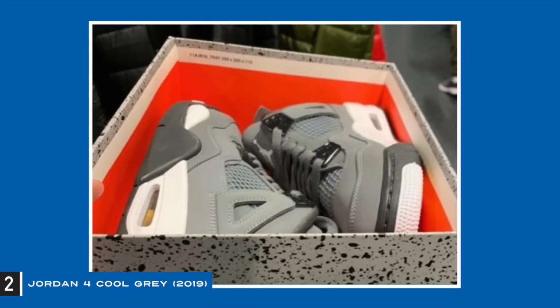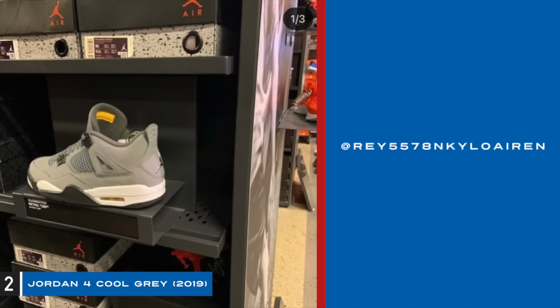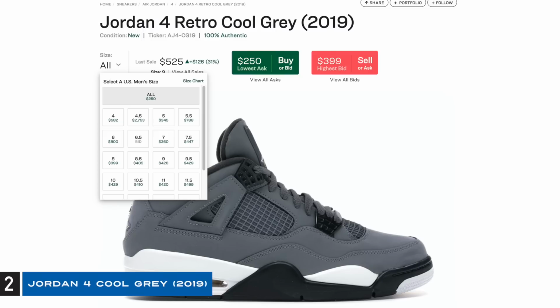Now the release for the Cool Gray was pretty rough in the beginning. They were sitting across all Foot Lockers and Foot Action, eventually finding their way to the Nike outlet. Late 2020 came around, and all of a sudden, these shoes are growing on me. I need a pair. The current market has these well over $400, size 11.5 at